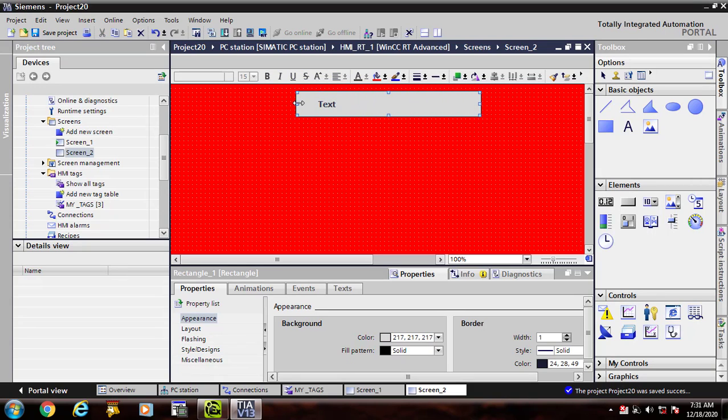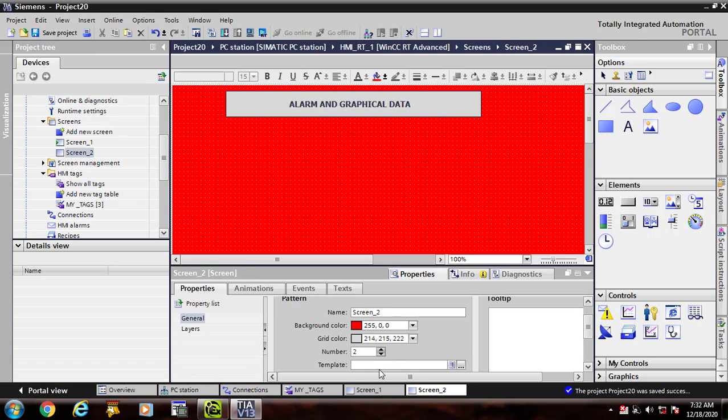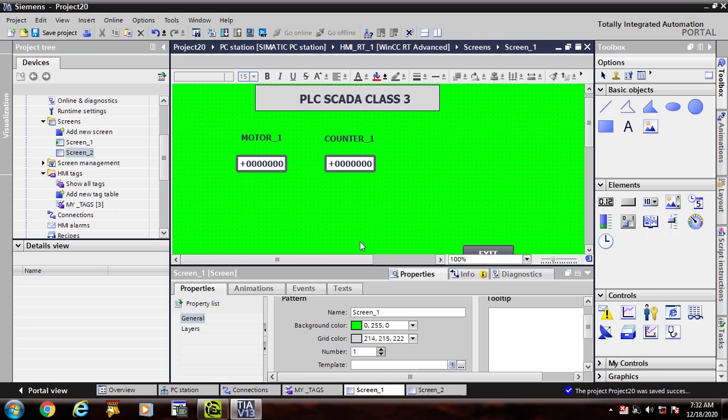You can write some description about those data. This is my alarm and graphical data. I want to display my alarm and graphical data here on this screen.